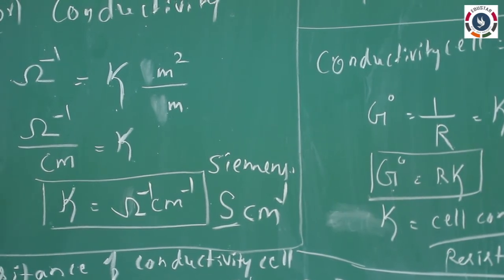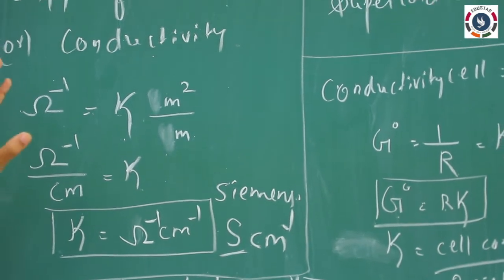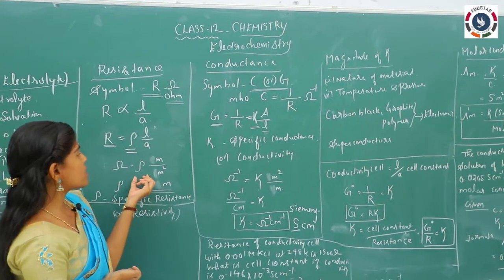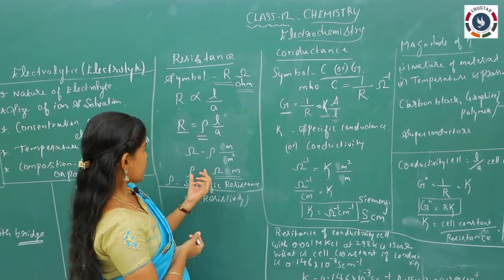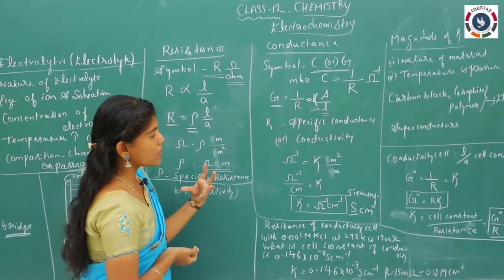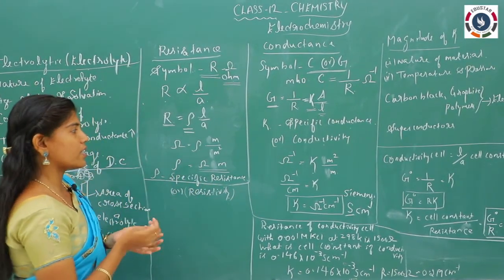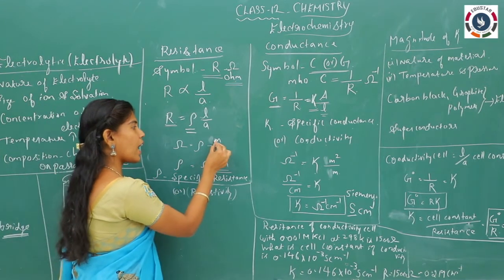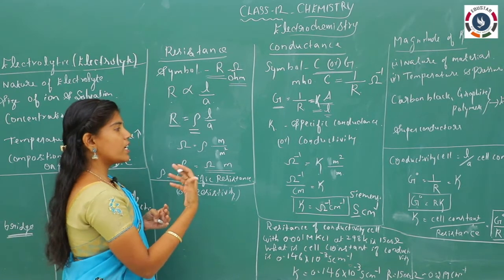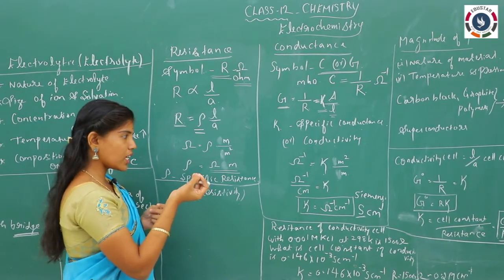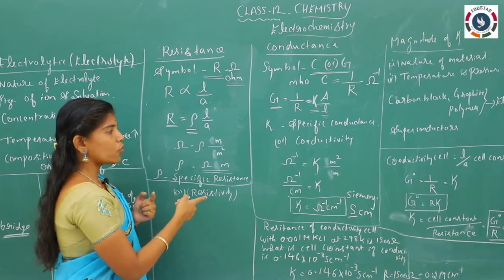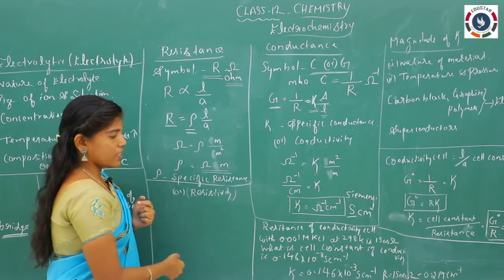Remember both the conductivity and resistivity. Conductivity is denoted by kappa and the resistivity is denoted by rho. Both these units can have submultiple units, that is they can be in meter, they can be in centimeter, they can be in decimeter cube, that is they can have any submultiple units of their length and area. It is allowed for both the conductivity and resistivity.